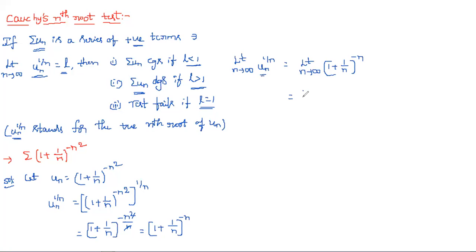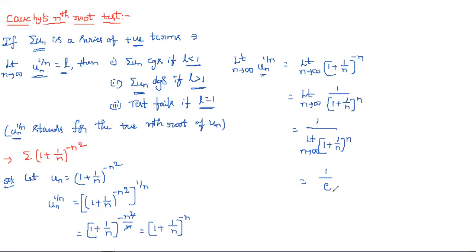Now we have to find the limit of this one. For that, simply what can we write? Limit n tends to infinity, and this is simply 1 by (1 + 1/n) whole power n. This limit is applicable for both the numerator and denominator. The limit of a constant function is constant, so limit n tends to infinity of 1 is nothing but 1. And in the denominator, limit n tends to infinity of (1 + 1/n) whole power n is the standard limit formula, which is nothing but e.